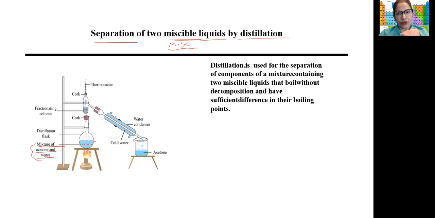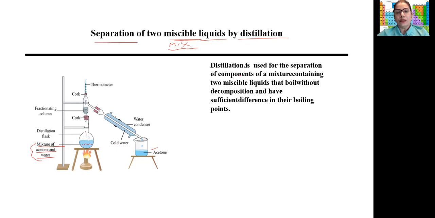So first acetone will start evaporating because it has a lower boiling point than water. It will start boiling, then evaporate. Then the vapors are collected, and then we collect acetone. Then water will start boiling later, because it has a higher boiling point. Acetone has a lower boiling point, so with a little heat it will start boiling and then it can be collected.